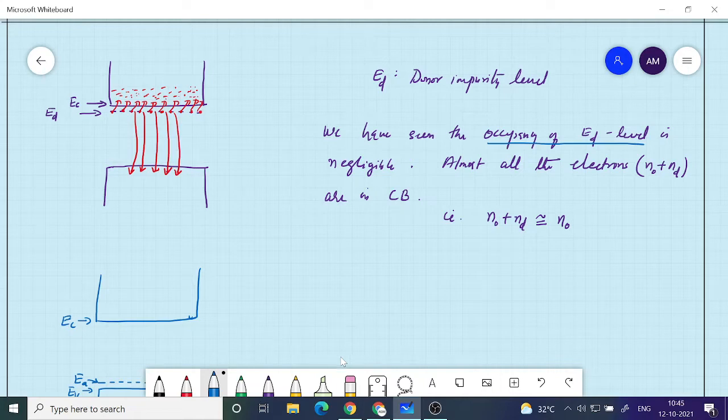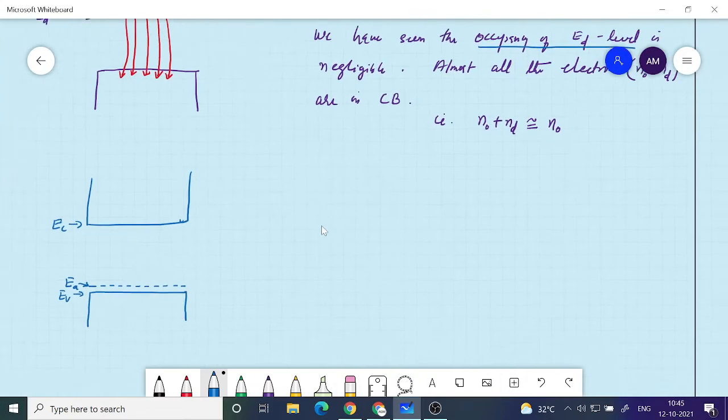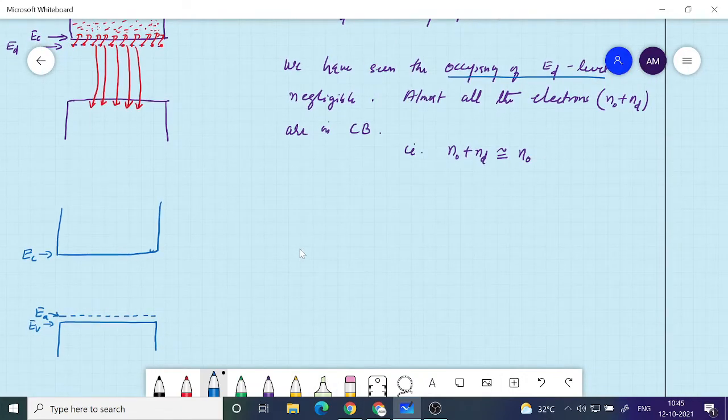Now I am looking at the p-type material where we are adding acceptor impurity atoms. Similarly, if we look at the vacancy of the EA level,